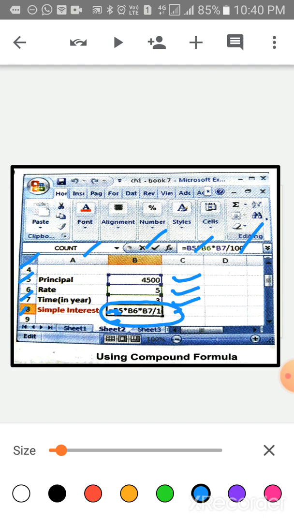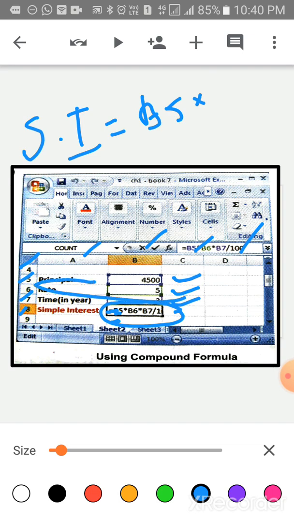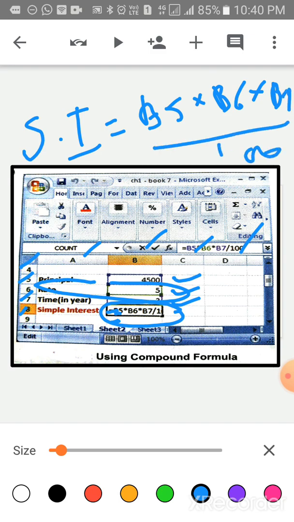Okay children, in front of this SI you have to write B5 into B6, then B7 upon 100.